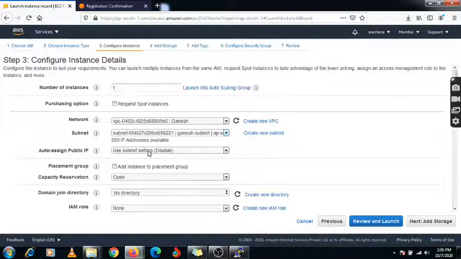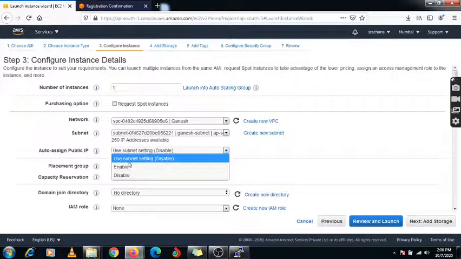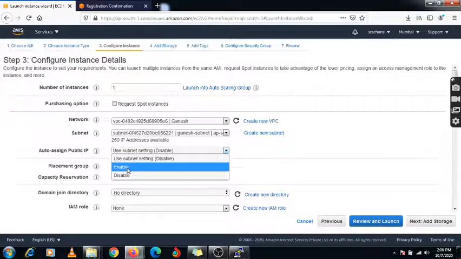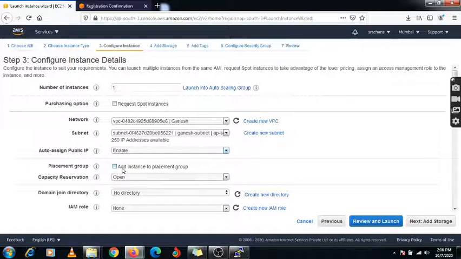If you do not select this option, you will not get your public IP address, which means this server is not accessible publicly, right? So for now I am just clicking on enable.